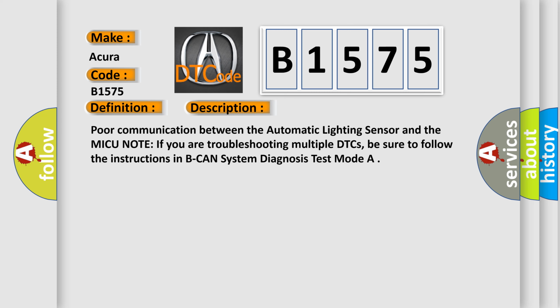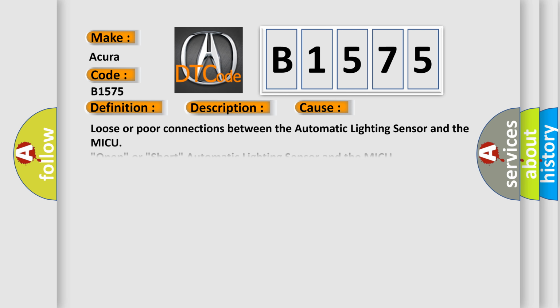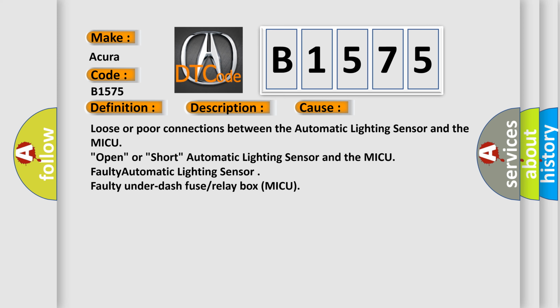If you are troubleshooting multiple DTCs, be sure to follow the instructions in BCAN system diagnosis test mode. This diagnostic error occurs most often in these cases: loose or poor connections between the automatic lighting sensor and the MICU, open or short between the automatic lighting sensor and the MICU, faulty automatic lighting sensor, faulty under-dash fuse/relay box,